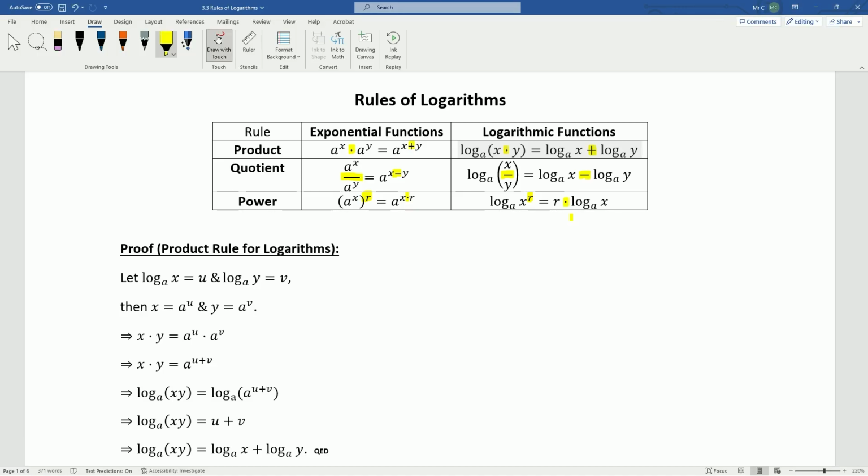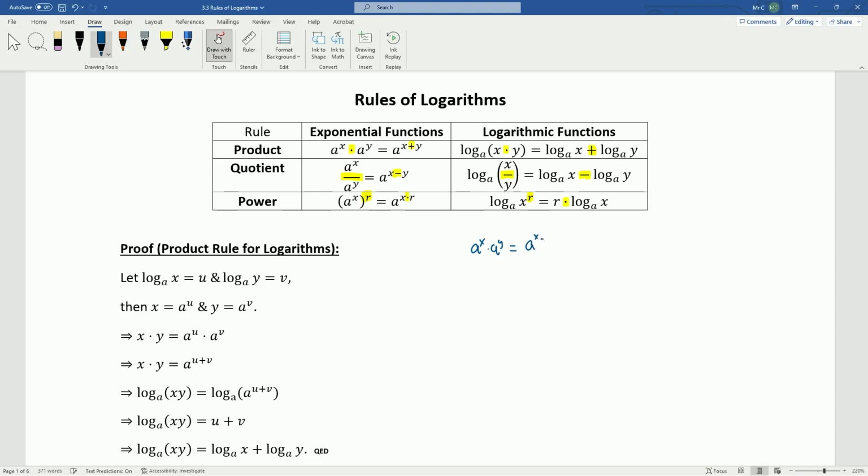So essentially what I'm trying to say here is that if you have the product, quotient, and power rules for exponential functions memorized, then you should also have the logarithmic functions memorized because you're just switching the inputs and outputs of the rules around. So one thing I suggest practicing is to write down an exponential rule, and then without